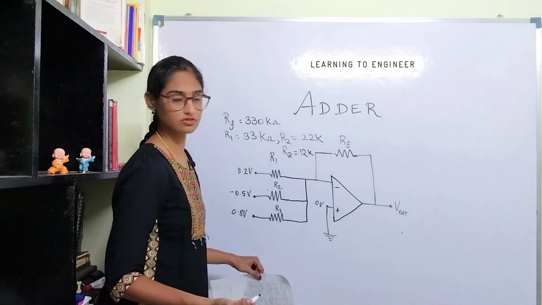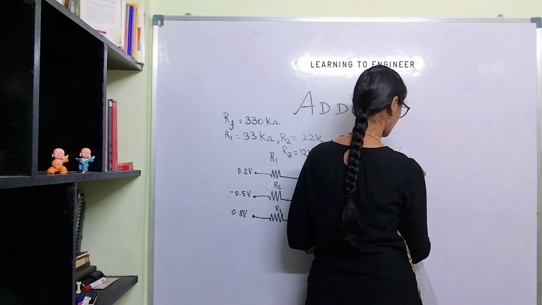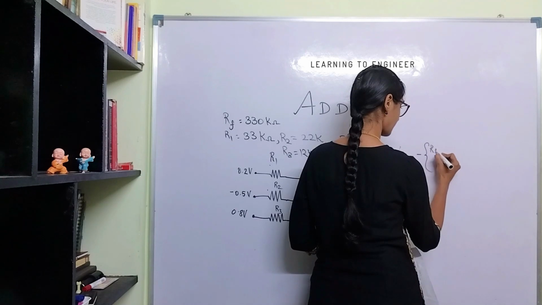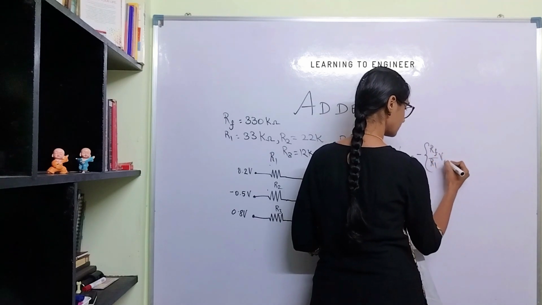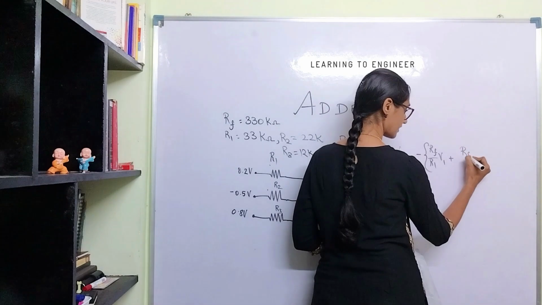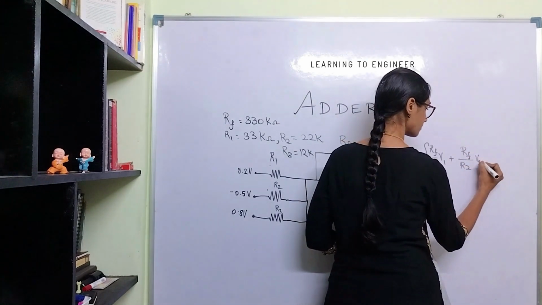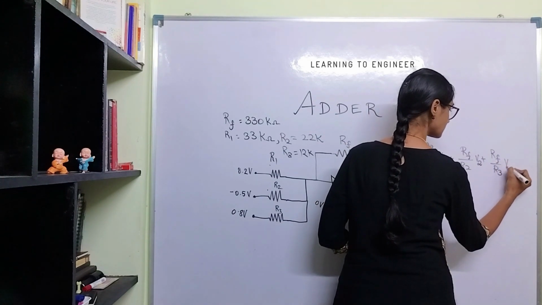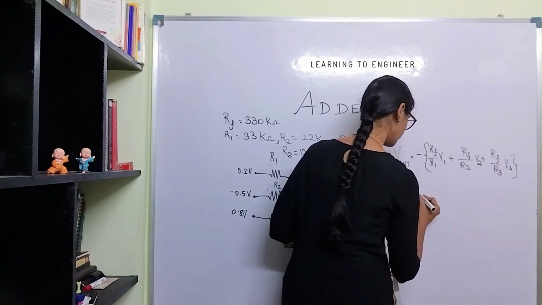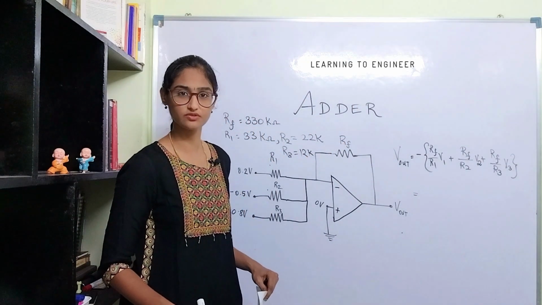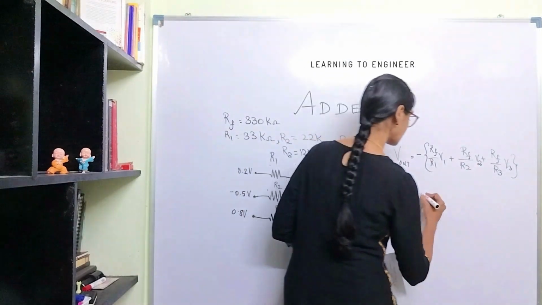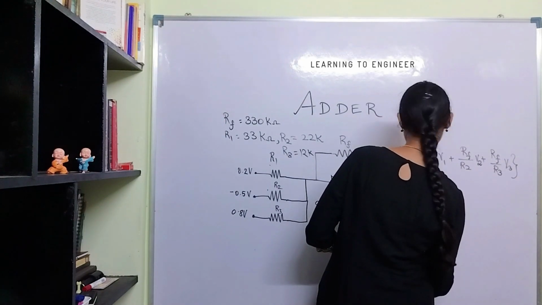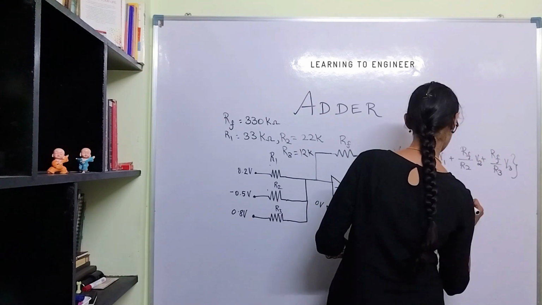It is just the substitution of the formula where V out will be the negative of Rf by R1 times V1 plus Rf by R2 times V2 plus Rf by R3 times V3. This is actually a straightforward substitution. If we substitute, we will be getting the negative of 330k divided by 33k multiplied by 0.2